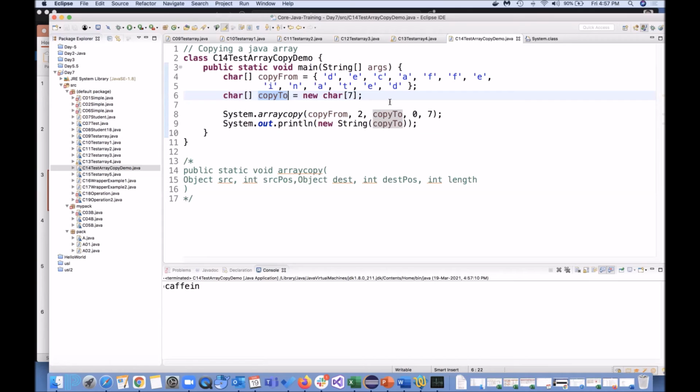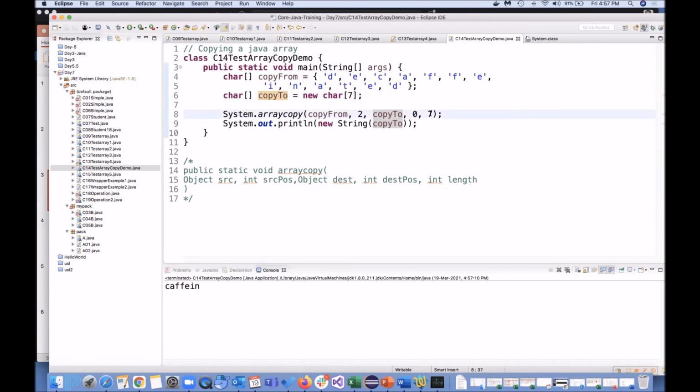Why arraycopy? So 0, 1, 2 from the second position. This is second position to 2, 3, 4, 5, 6, and 7. So this will be 0 to 7. From here to here, I want to copy.